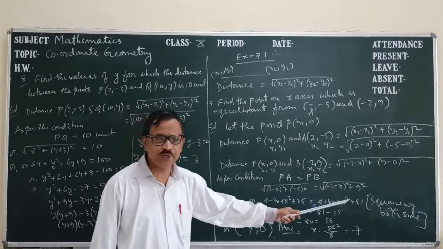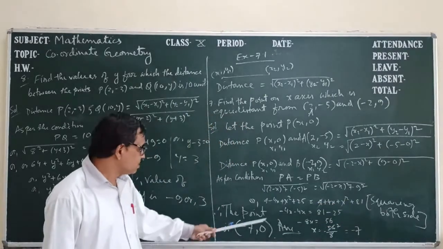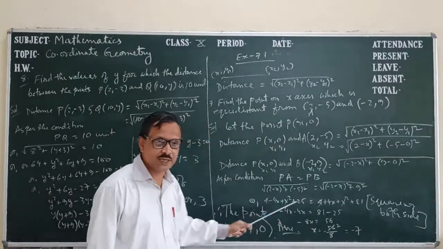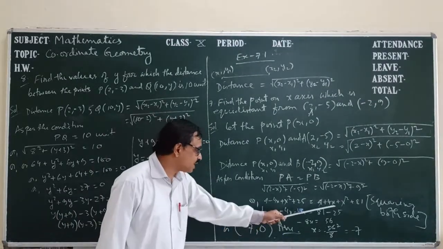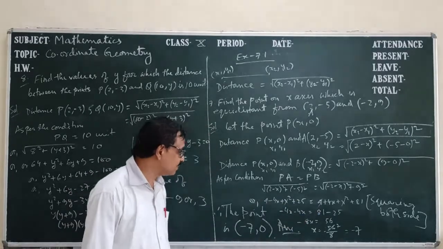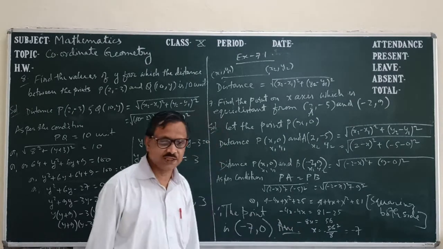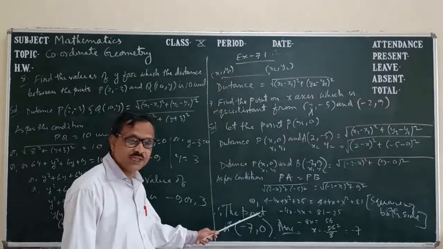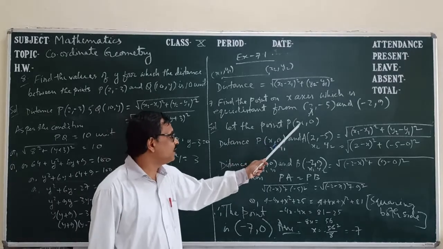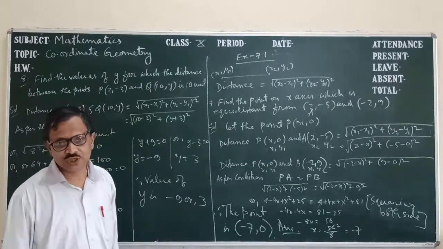Both the roots are cancelled out because we have done the squaring. Now the 4 and 4 cancel, and x square on both sides has the same sign, so it cancels out. So this 4x will be shifted here, so minus 4x, and 81 minus 25 is 56, and from there we solve the value of x. x is minus 7. Therefore, the point is minus 7, 0, because we considered the point P as x, 0. So the point is minus 7, 0. In such a way we solve question number 7.